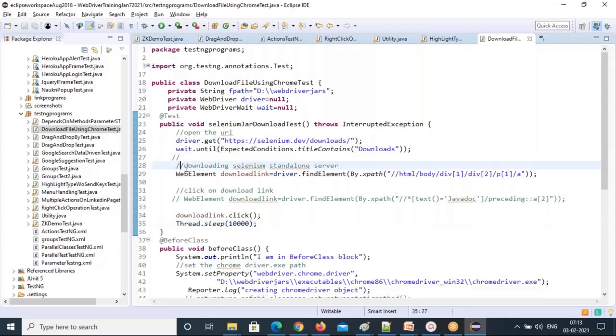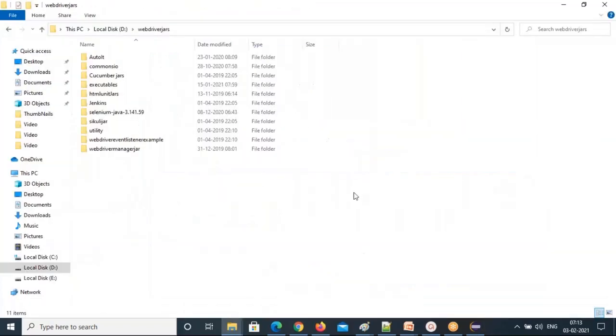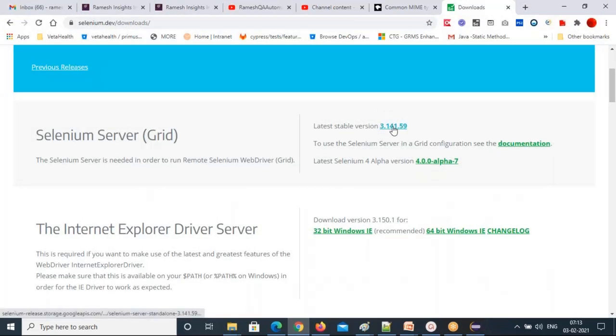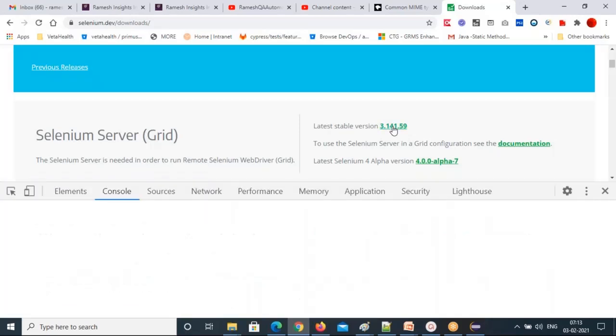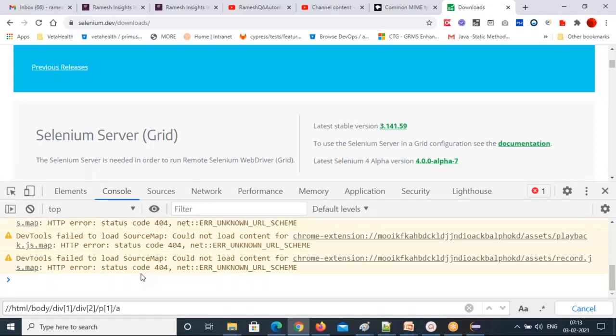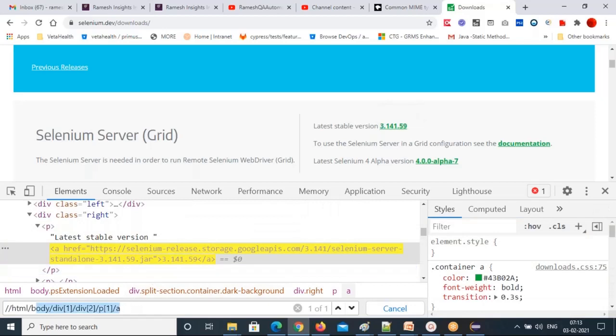Okay, now I'm downloading the standalone server. This is the URL, and I'm getting the XPath to identify it. Press F12 and Ctrl+F, paste it. See that? It's going to highlight it. Now it is highlighting 1 of 1.